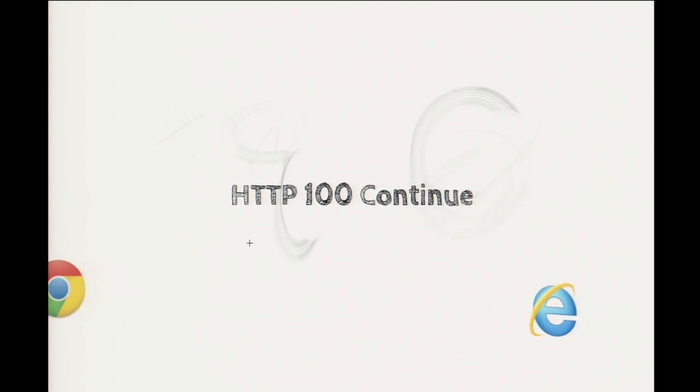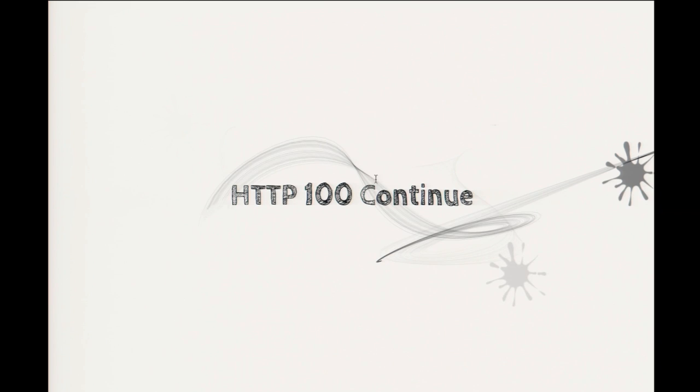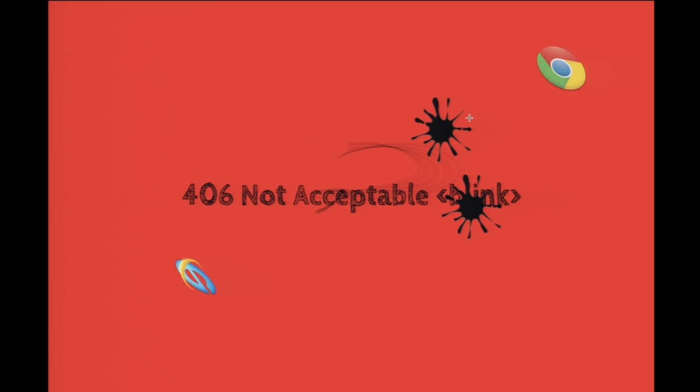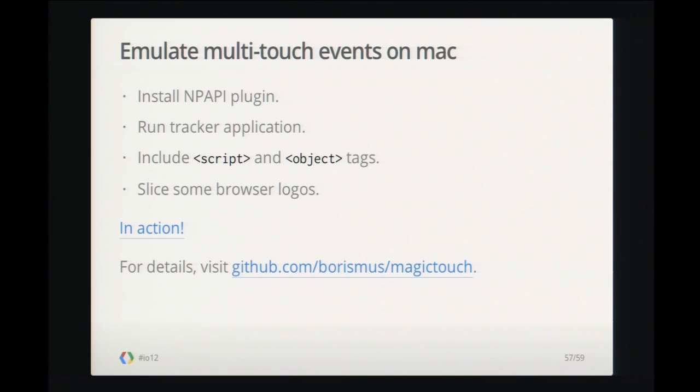So here you can see I've got a single touch that's coming from my Mac trackpad, and I can do multiple touches too. And I can do this arbitrarily. So it's kind of cool if you're doing complex multi-touch interactions. This game is just like a Fruit Ninja clone that I whipped up, except with browsers. Doesn't really make sense. You hit the blink tag and you get a 406, right? Anyway,